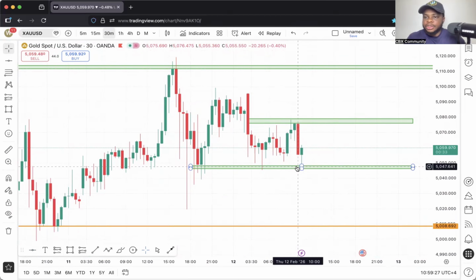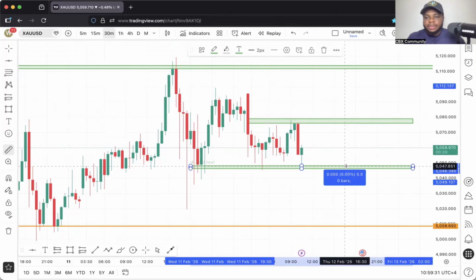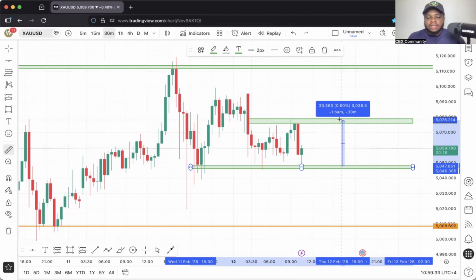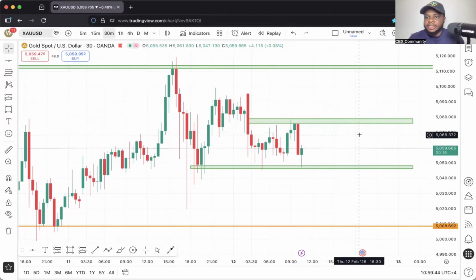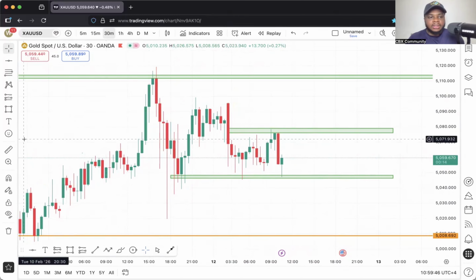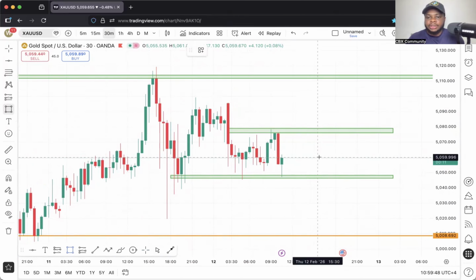But let's measure from this support zone to this resistance zone. Let's measure the range. So the range, we are looking at 300 pips. It's best for you to have 300 pips as a range than you anticipating to have 630 pips. The reason why I say that it's best for you to have 300 pips is because it's easy for you